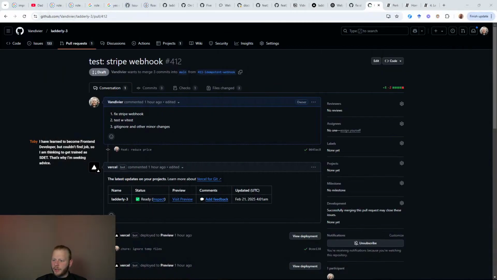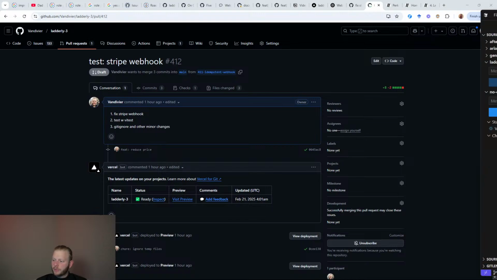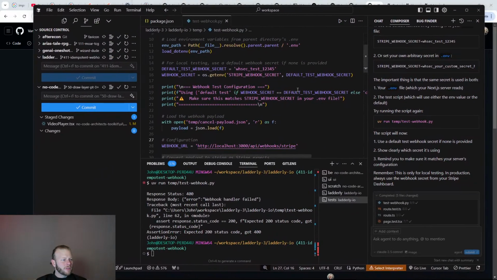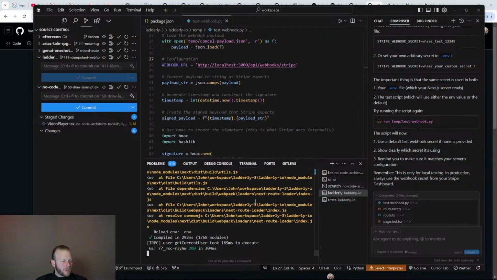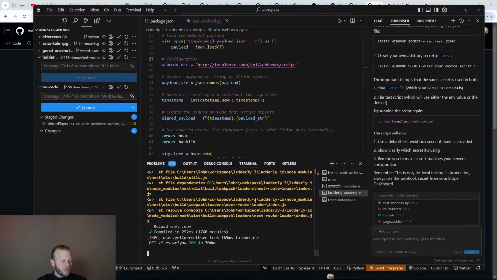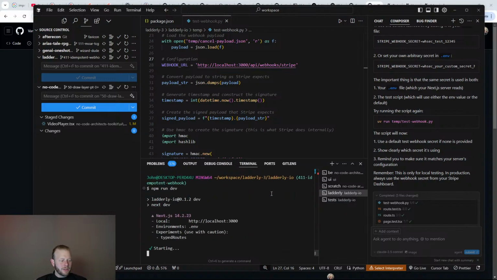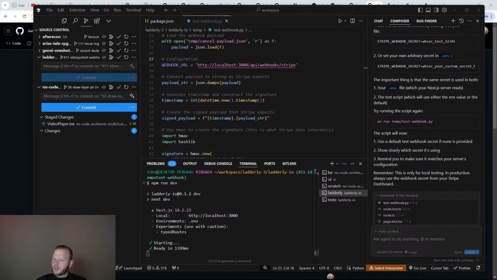We can do an arbitrary one. Okay, let me restart my server. I think it hot reloaded, but I'll just do it forcibly to make sure it picks up that new environment variable.